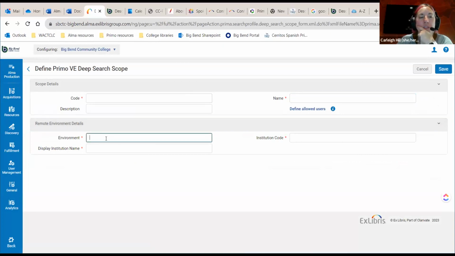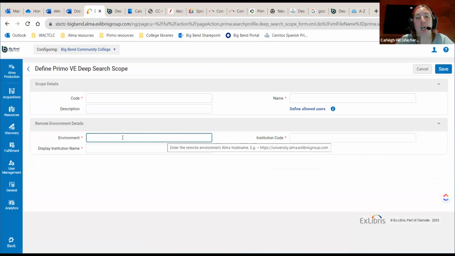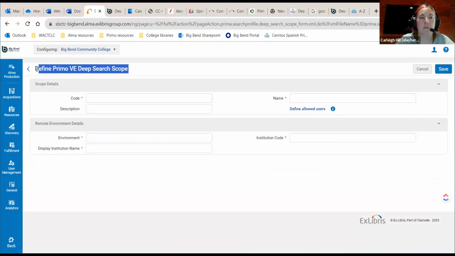I'm wondering if this, I don't know what that is. I'm wondering if that is like your Gale proxied environment. Ah, that would make sense. Let me,